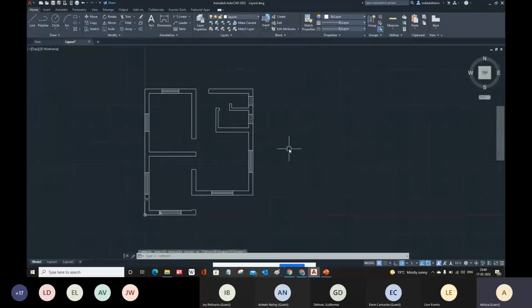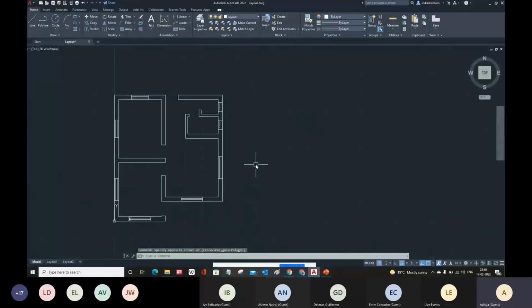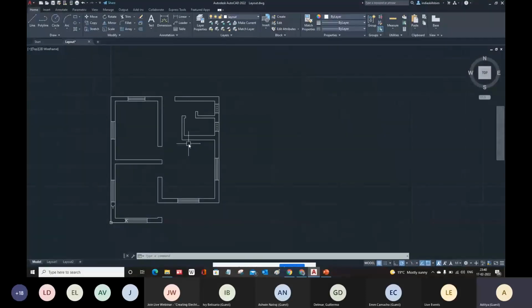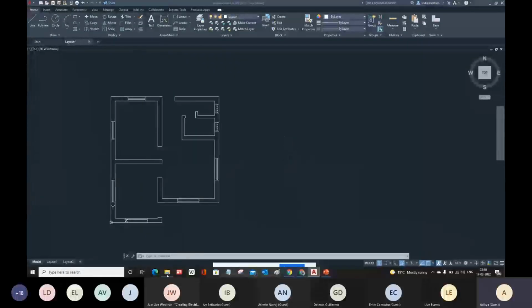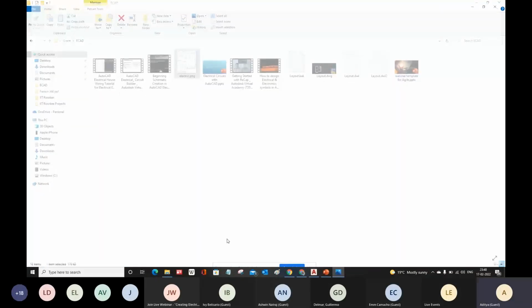Suppose you have an image for reference purposes and you want to save your time, so you can simply attach the image here. For that we have a few tools. You can simply use copy paste: you can copy the image from your folder, wherever your folder is, and then paste that image in AutoCAD.